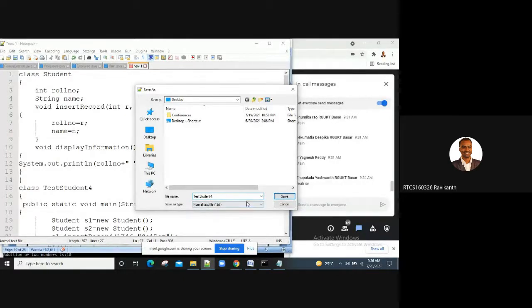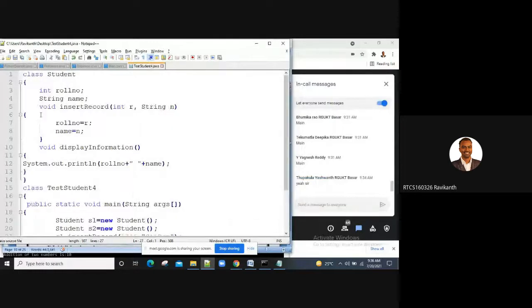Test student 4. I've written class student here, same story again. Then I took a method insert records. I'm not directly assigning values here. Through an object method call, I'll be assigning values.